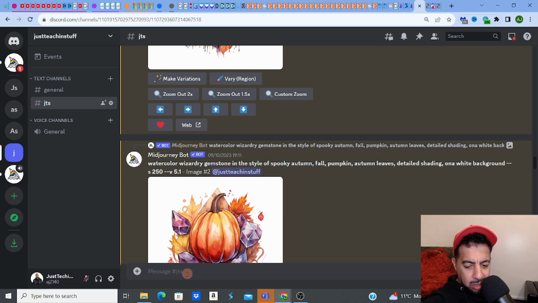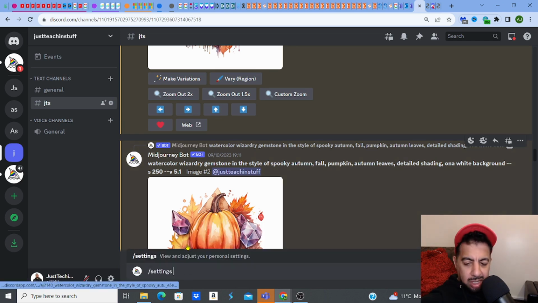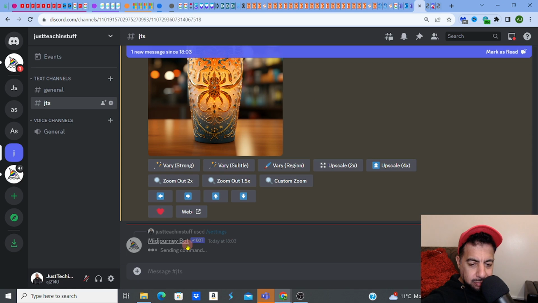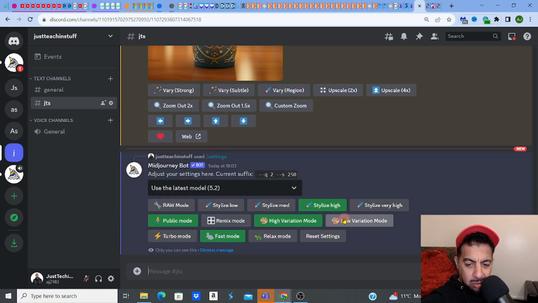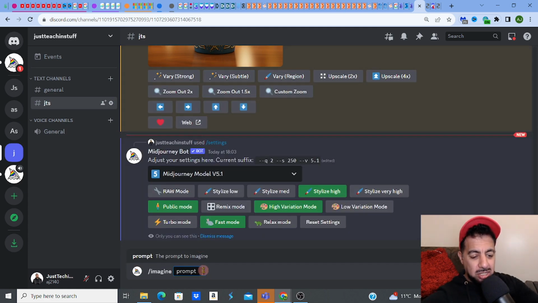Now, this is what I'm going to do. First of all, let me just do something quickly. I need to go on my settings, click enter. I want to go to settings, guys, because I want to go to version 5.1, because I do find sometimes when I go into version 5.1, when I want to do this style design that I want to do, the results are a little bit better. So I'm just doing it now a cappella right now in front of you. So I'm going to just type in